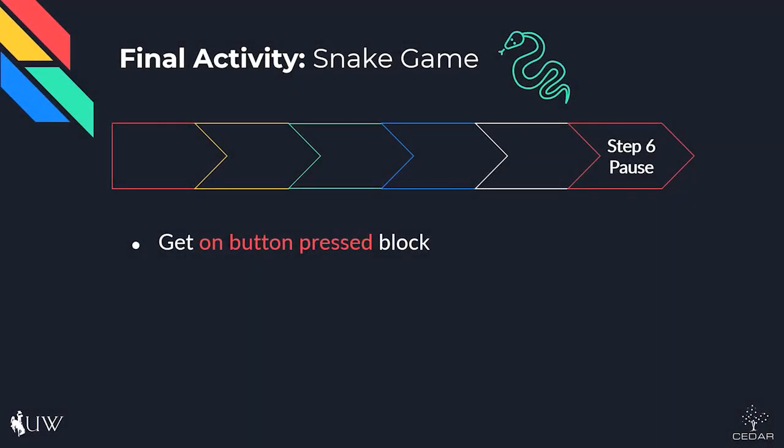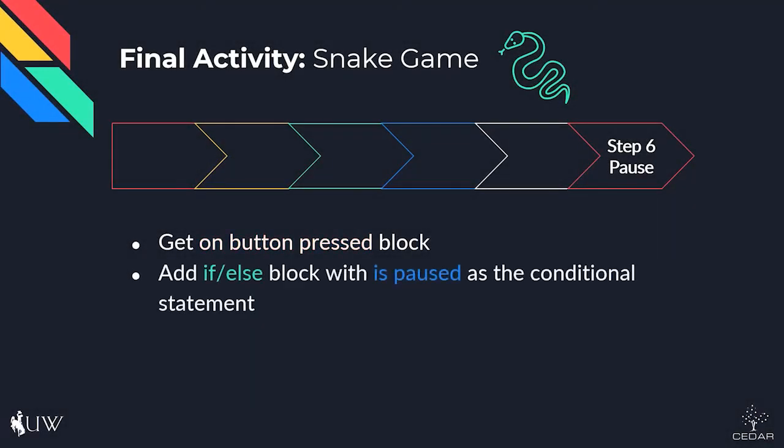The Game tab has several blocks related to pausing and resuming the game. One of them is the angled is paused block. Angled blocks are always either true or false. In this case, is paused is true if the game is paused, and false if the game is not paused. We can use this block inside an if-else conditional statement to enable one button to do both the pausing and